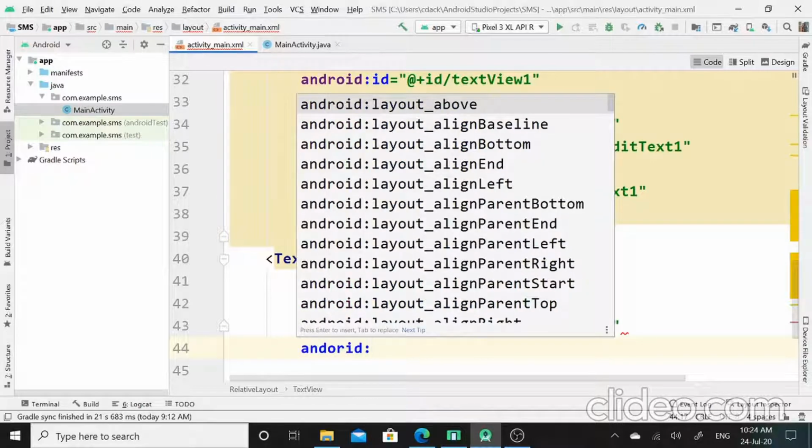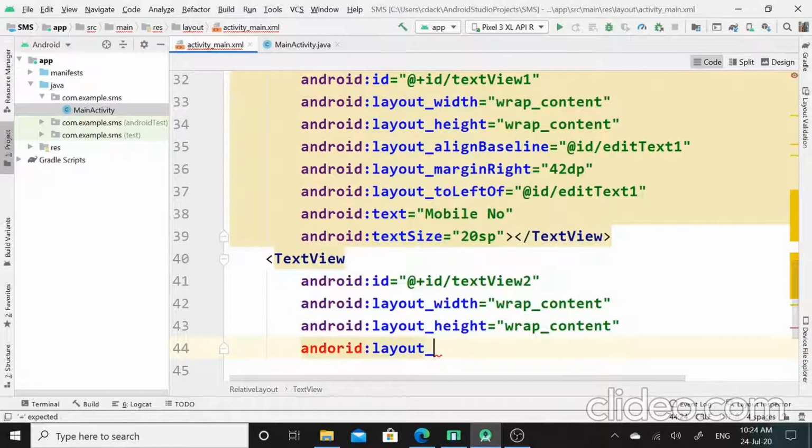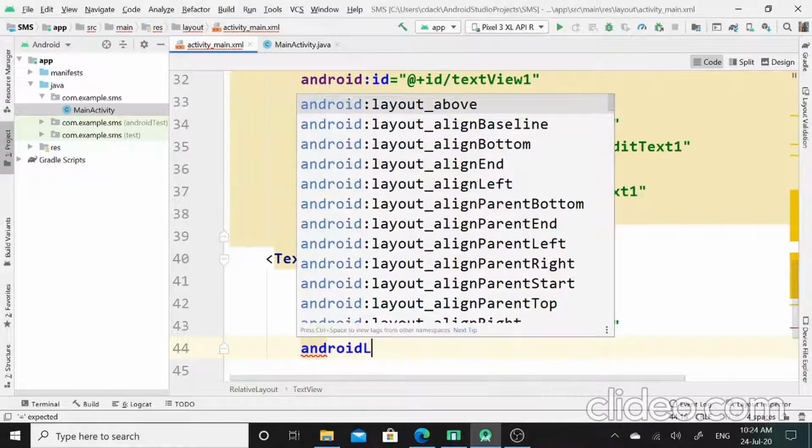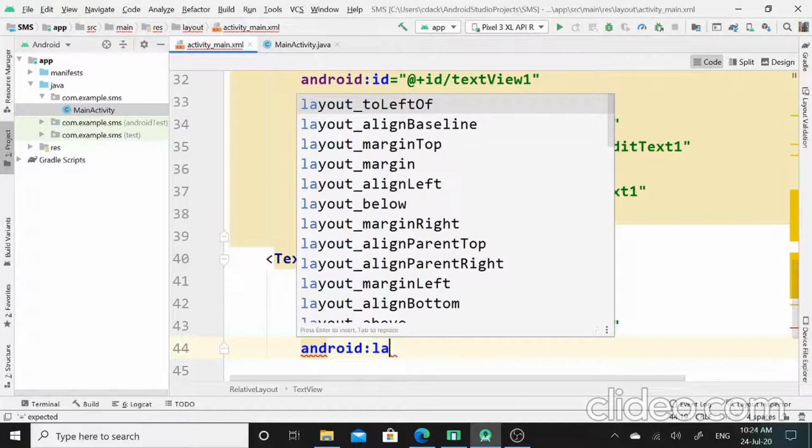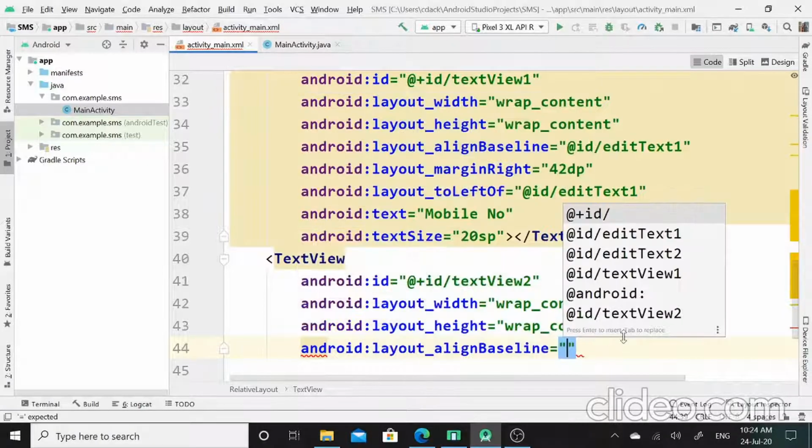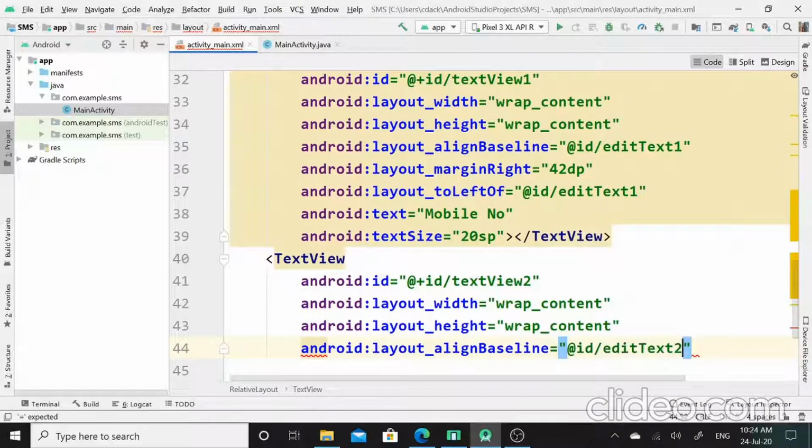Next property for this text view is layout align base align, and here I will set the ID of edit text 2.